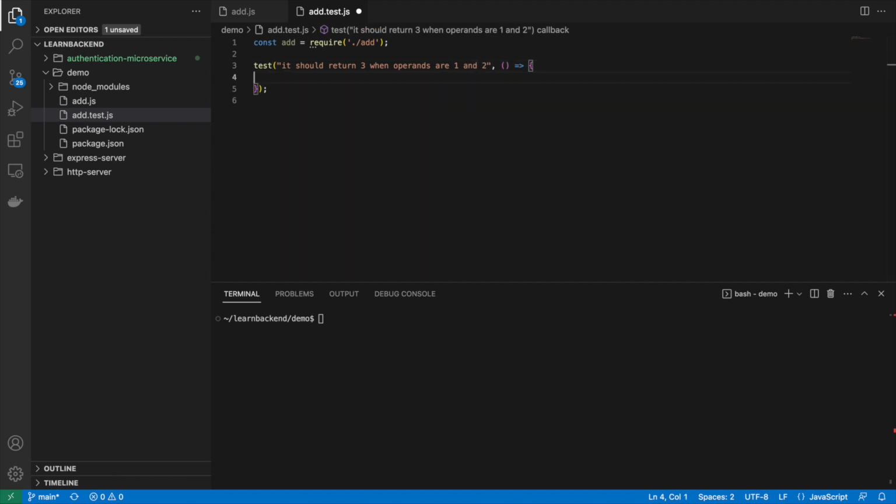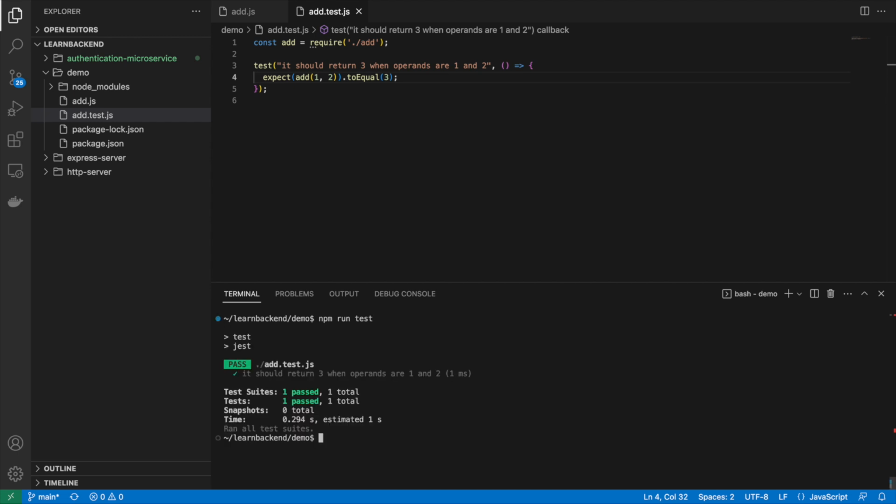Within this callback function, we can use the expect function that takes as argument the value we want to test and chain it to a set of matchers that will let you validate different things. Like for instance, if we want to assert that add 1 and 2 returns 3, we can use the toEqual